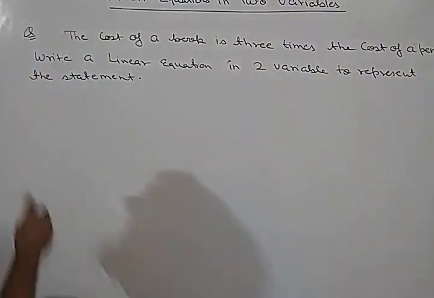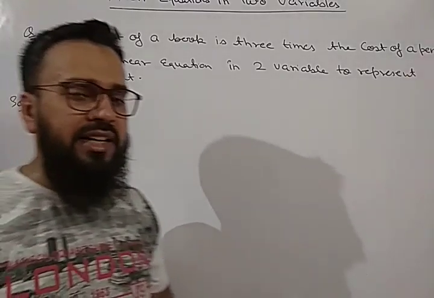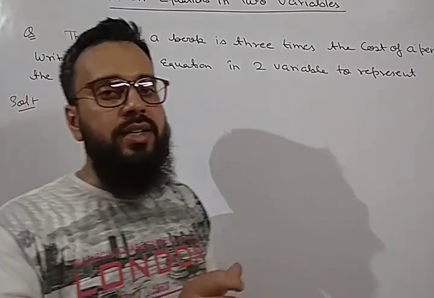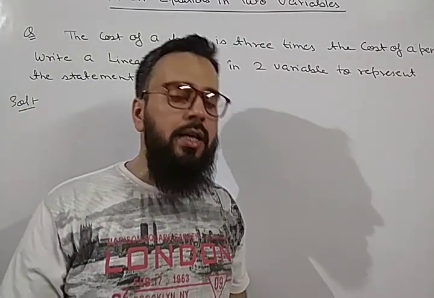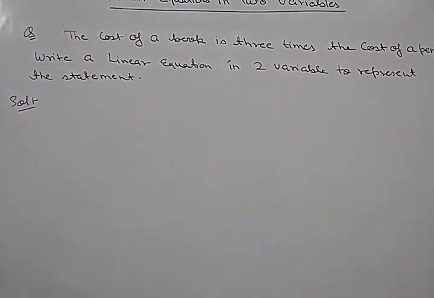So what is given? Let us start, because we have to take two variables and the variables are x and y, because we are talking about x coordinate and y coordinate as we have discussed in coordinate geometry. So always we will take the variables as x and y. Let us start with the question.